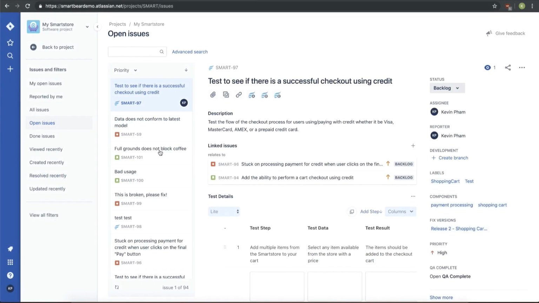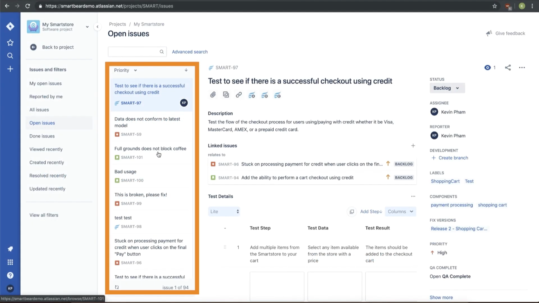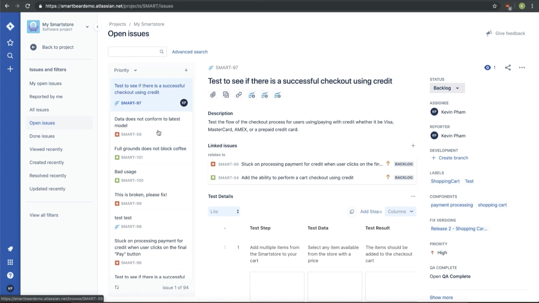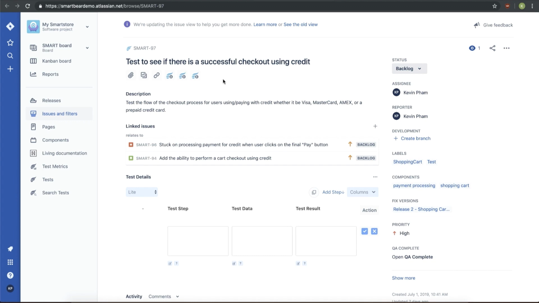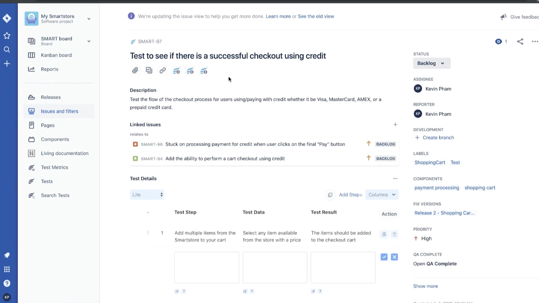Here, we're working on a software project and we can see multiple issues in our Jira. Our issues range from user requirements to test cases to bugs. If we click on our test case issue here, we can get a larger picture of the Zephyr test case issue and its fields. For now, let's see how it ties into other Jira issues.